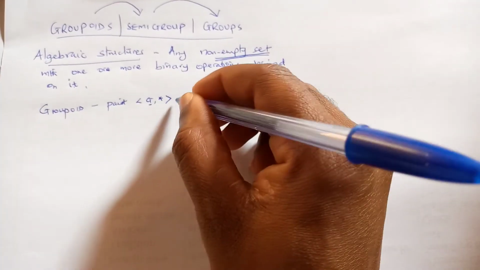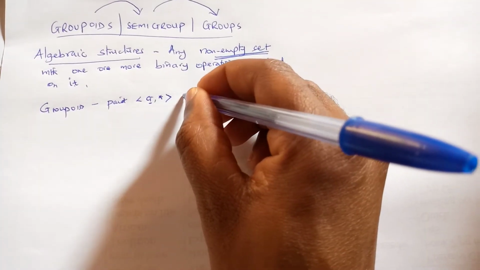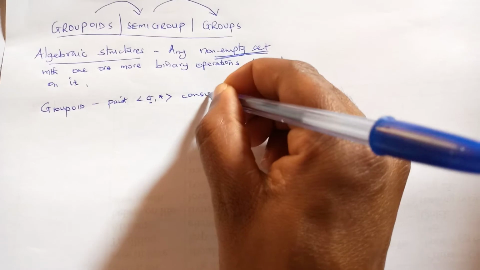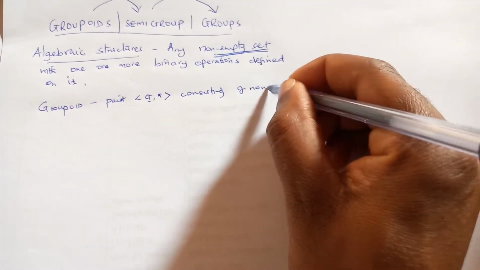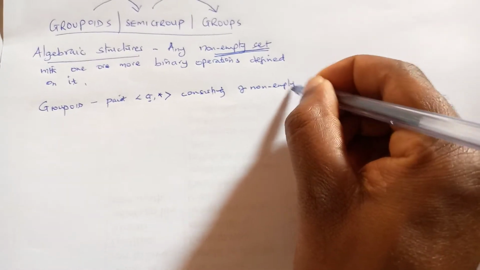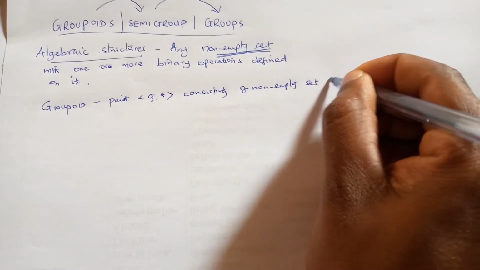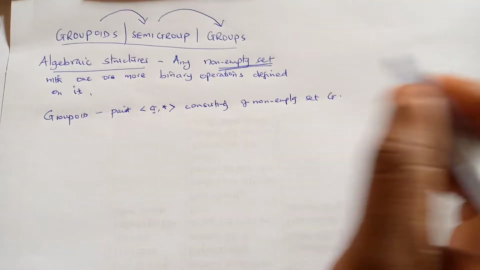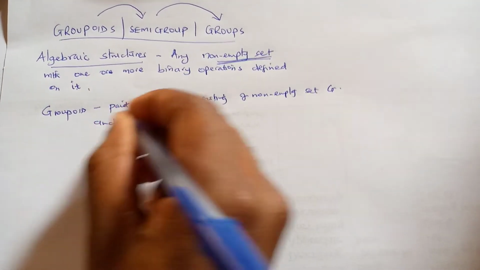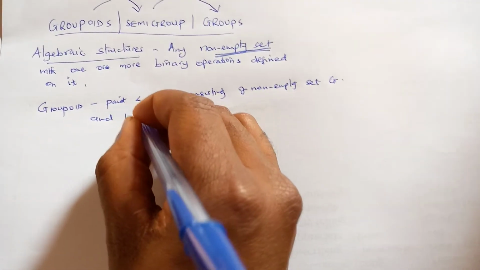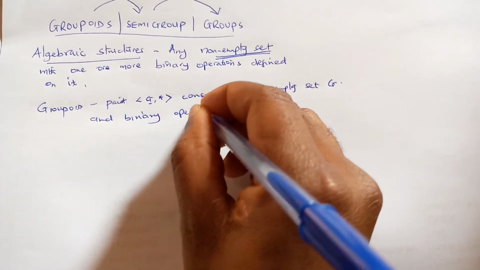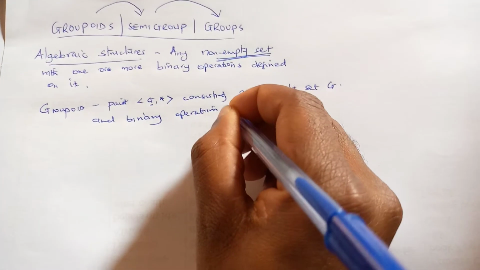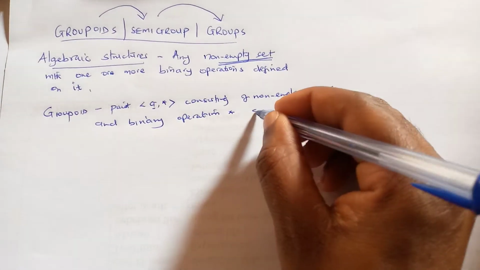This is a pair of these two, consisting of a non-empty set G and a binary operation star, such that